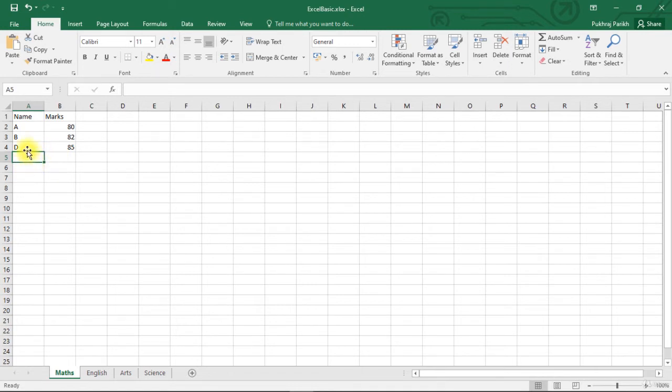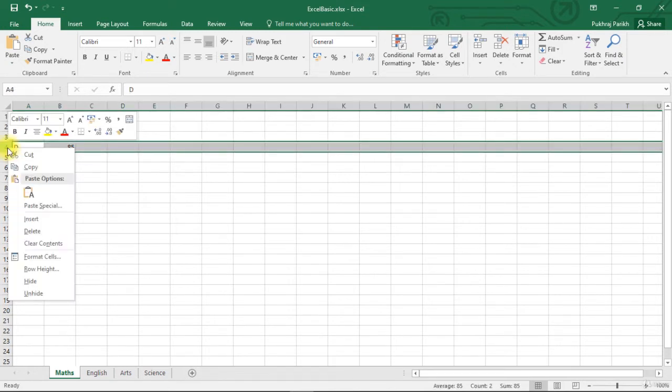But if you want to add data between these existing rows, say you want to add a student C between student B and D. For this, I need to insert a row between B and D. To insert a row, we right click on the number 4 of this row 4 and select the insert option.